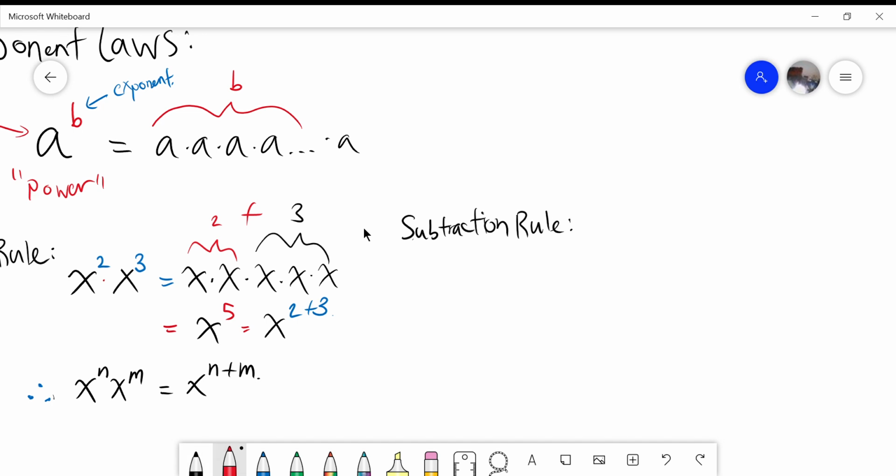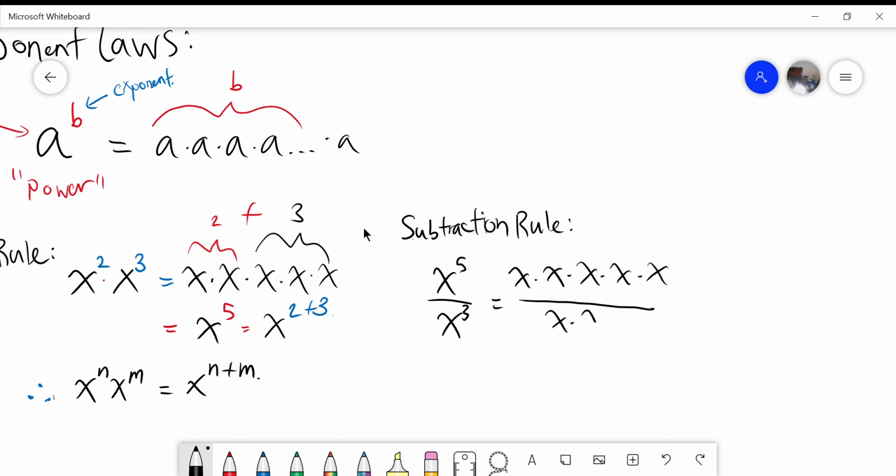So say we had something like x to the 5 over x cubed. What is this going to give us? Well, we're going to do what we did here and expand out the x. So this is going to give us x times x times x times x times x. And at the bottom we have x times x times x. Now we see a nice cancellation on the top and the bottom, and we are left with